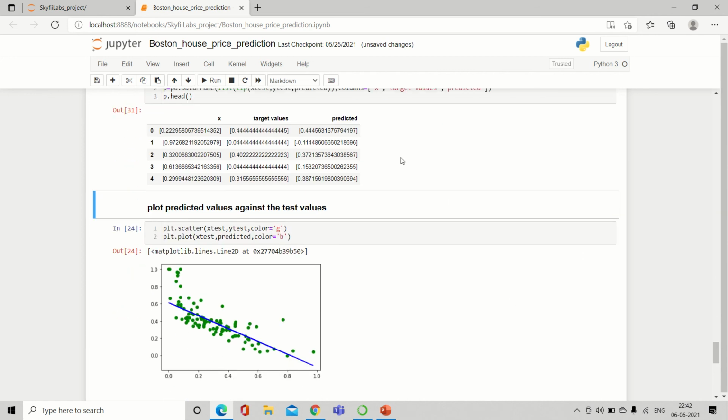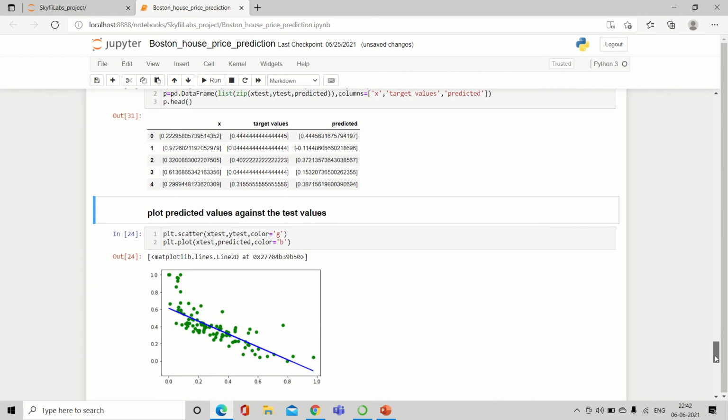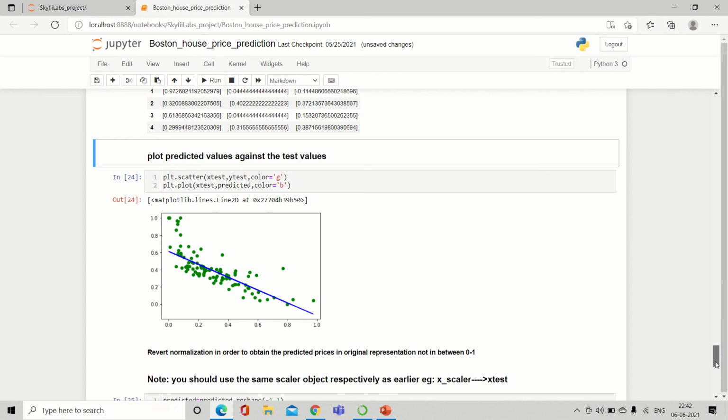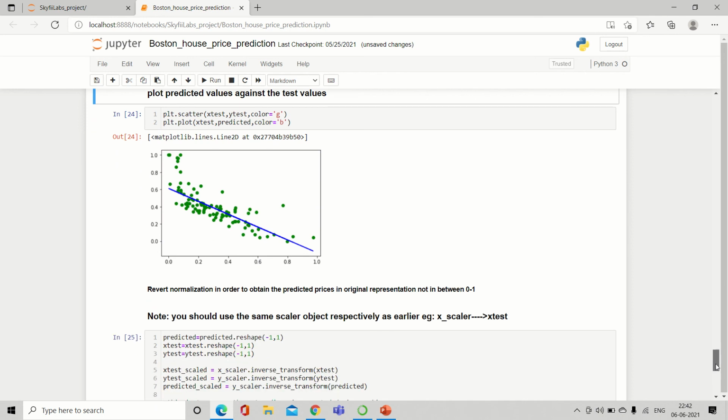But these predictions are between 0 and 1, while the actual prices are somewhat in dollars. This is because we have scaled the values. So in order to overcome that, we have to do inverse normalization.